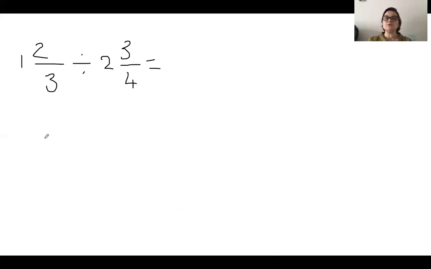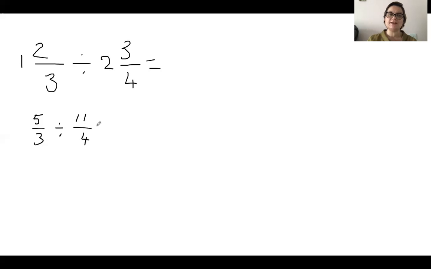Next one. Here we have a mixed number divided by a mixed number. I would strongly advise you to change both of them into improper fractions, and then apply the rules of how to divide fractions. The first one is going to be 3 times 1, 3 plus 2, 5. So 5/3. Write it exactly as it is. Take this step because it'll save you time later if you make a mistake on the way to the result. And this one: 4 times 2 is 8, 8 plus 3 is 11, so it's going to be